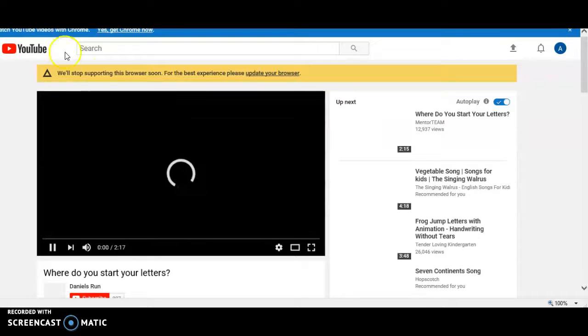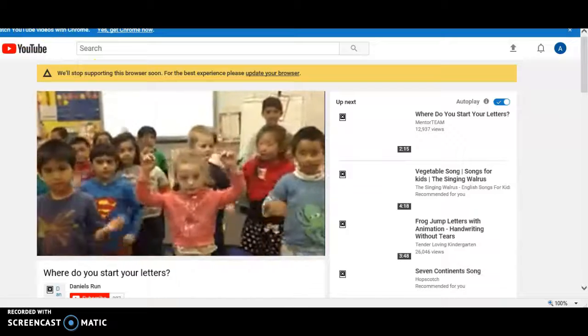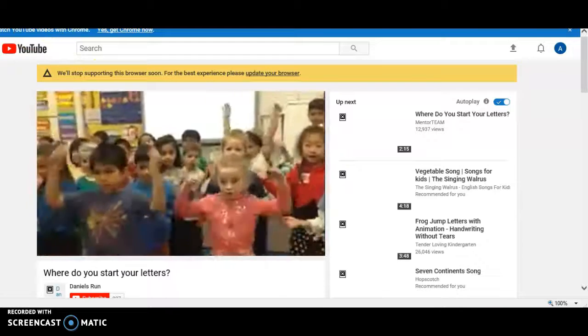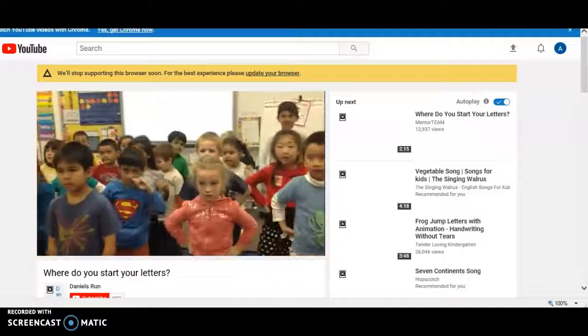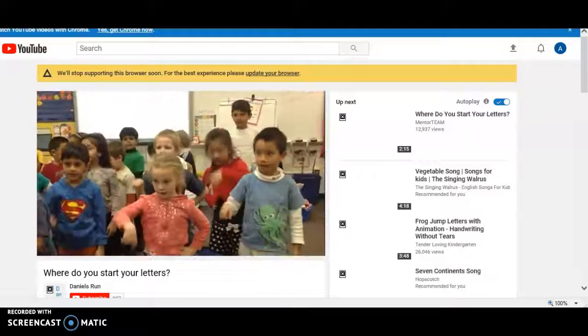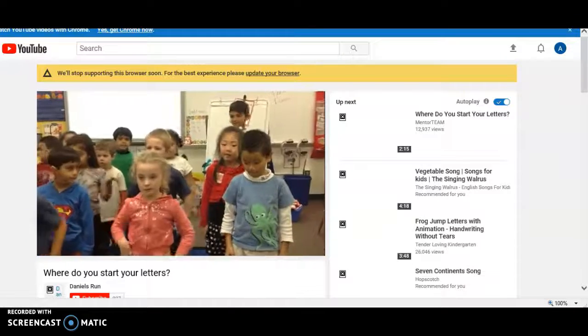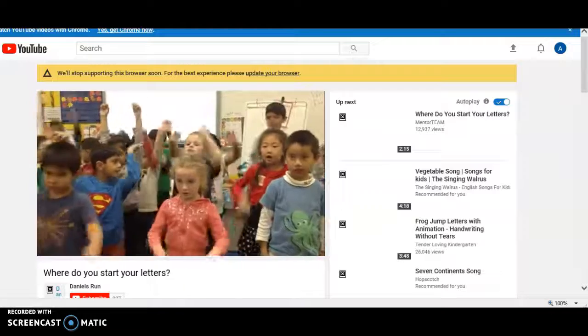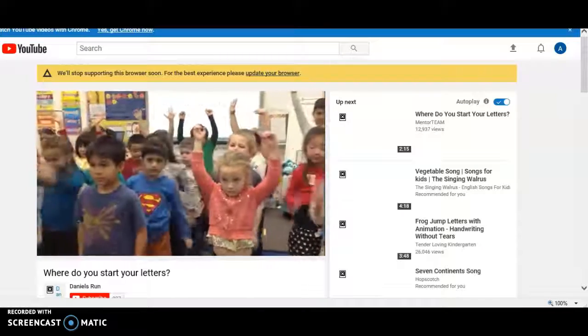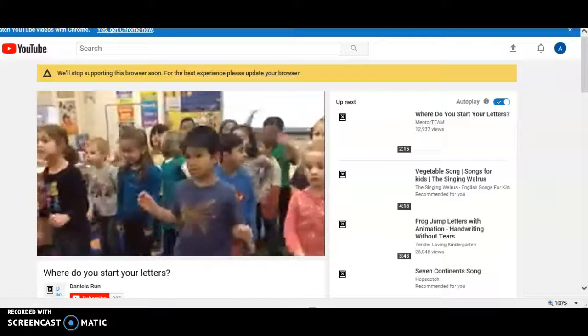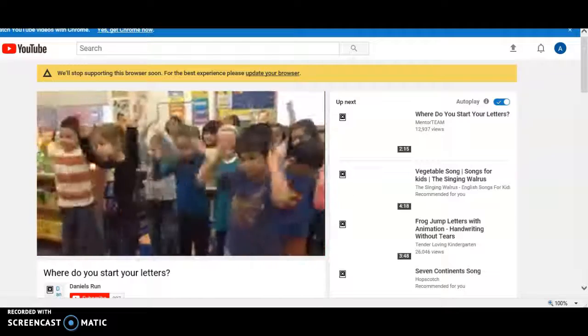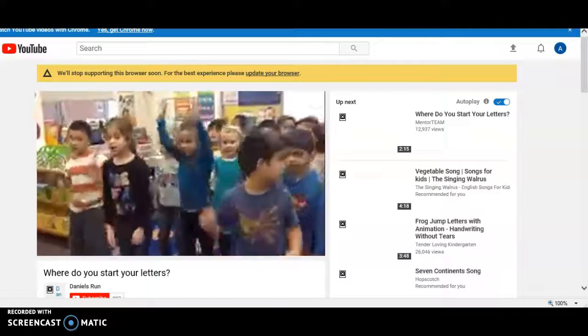Here we go. Where do you start your letters? At the top. If you want to start a letter, then you better to start it at the top. Here we go. Start your letters at the top. Letters at the top.